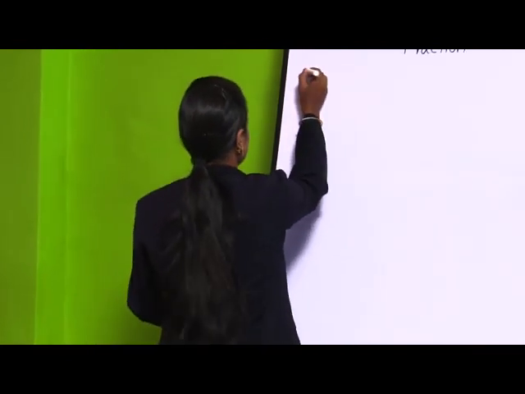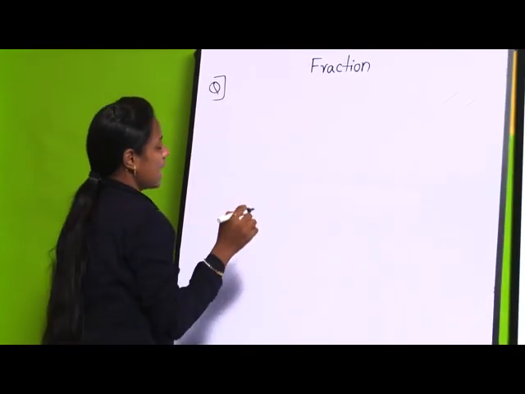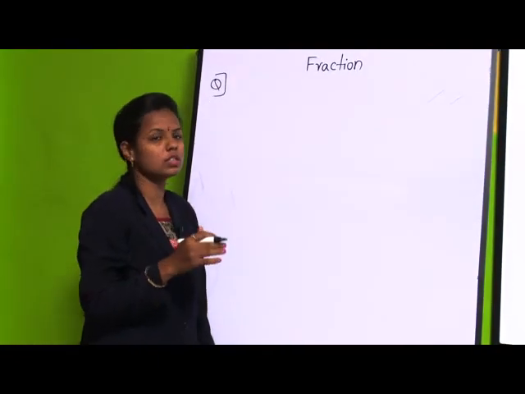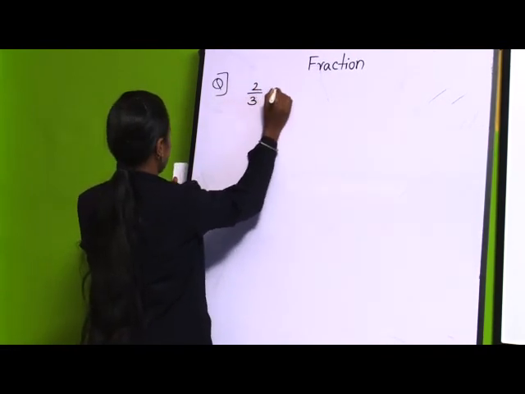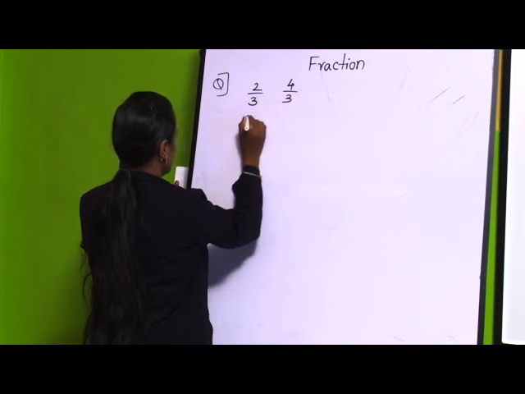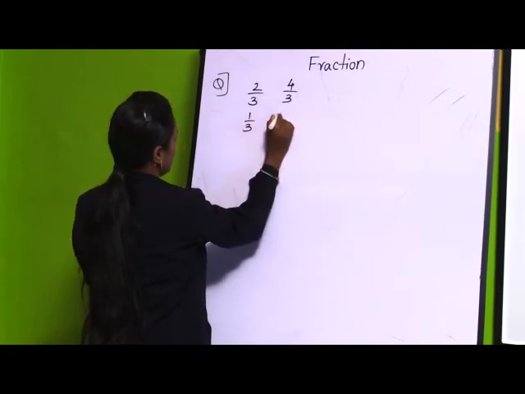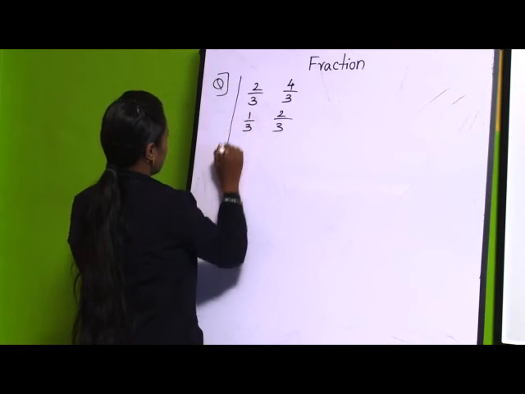I will just have a quick review of one example and we will go further solving and completing of exercise 7.6. Question number 5, wherein we are going to see the addition and subtraction of fraction in a box. Let us see it. So it is actually an addition and subtraction box. So by seeing the question you can understand 2 by 3, 4 by 3, then we have 1 by 3 and 2 by 3.